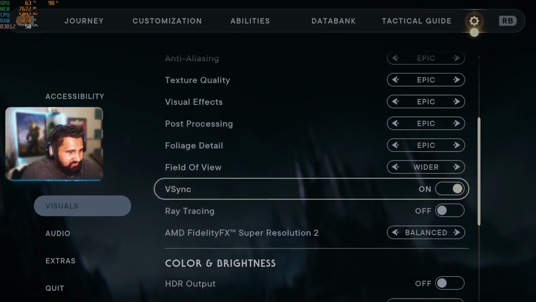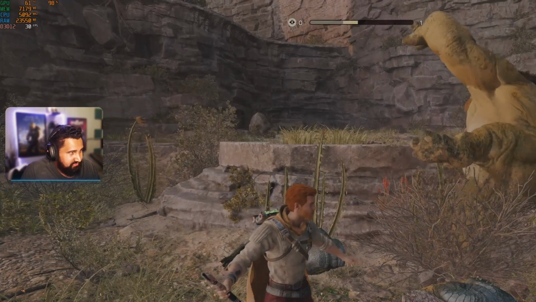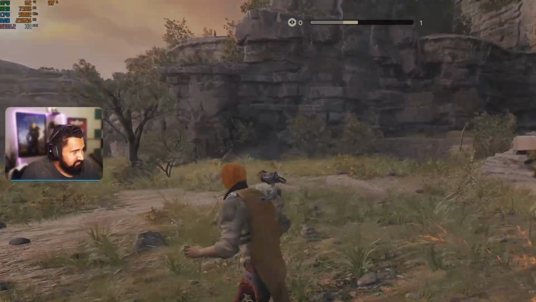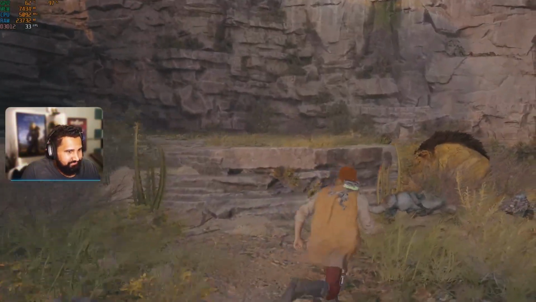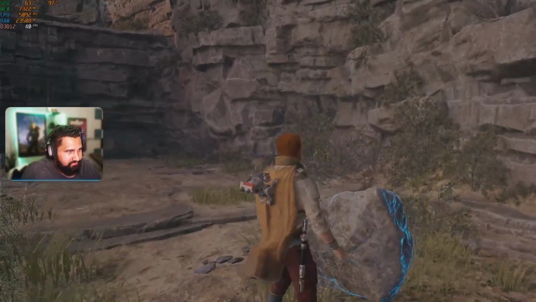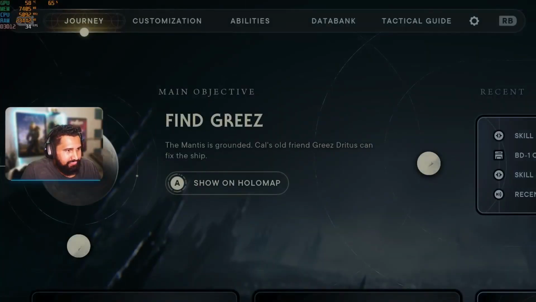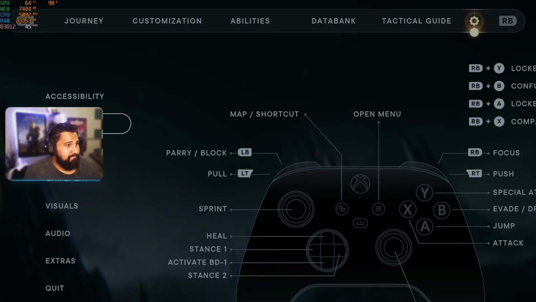Let's see, we put this on quality. It's going to be even worse. Nope. Now, probably if you're playing this game at 1080p, epic settings, or if you do high settings, you could